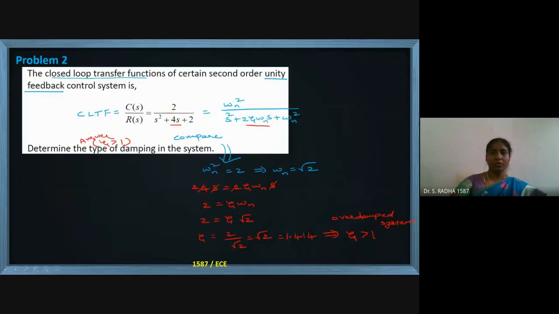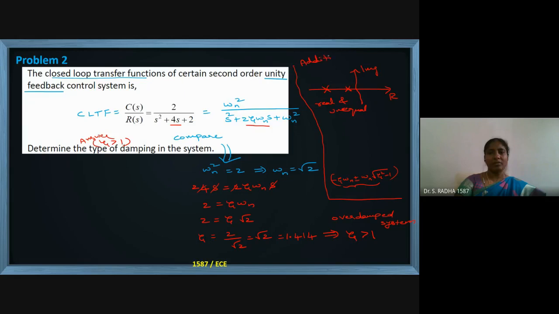Now here, overdamped means the roots will be real and unequal. This is the real axis, the imaginary axis. Real means on the x-axis we have to put them. Unequal, and they will be negative because the root general format is minus eta omega n plus or minus omega n into square root of eta square minus 1. You can see a negative real part is there, so we have to put the poles on the negative side only. Location and nature of the roots: real and unequal in the case of an overdamped system.